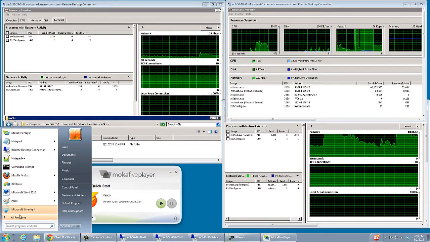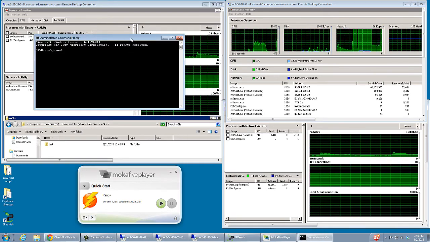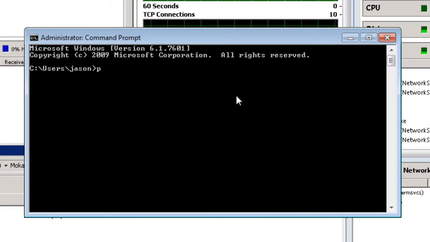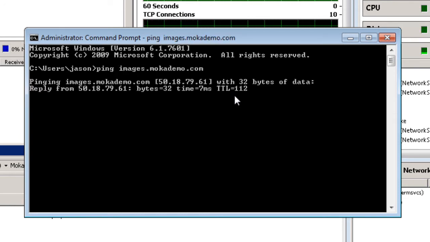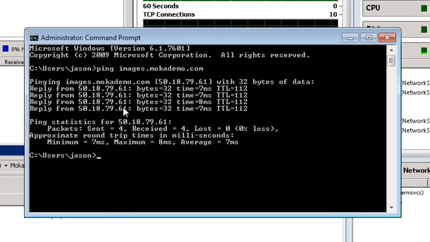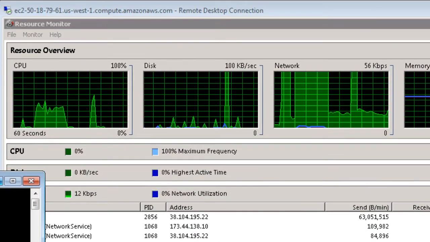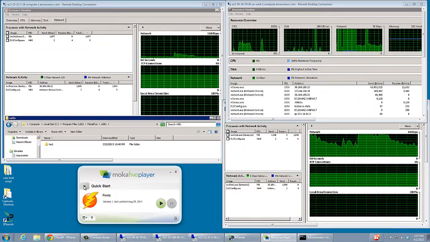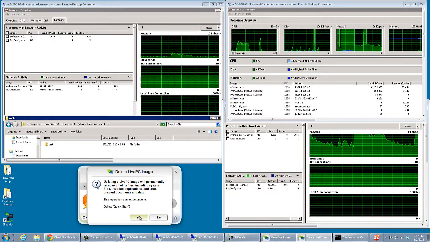If I actually opened up a command prompt and I ping images.mokademo.com, I should be returned the appropriate IP address, 50.18.79.61. So indeed I was routed to the right machine. So now I'm going to go ahead and delete my image,